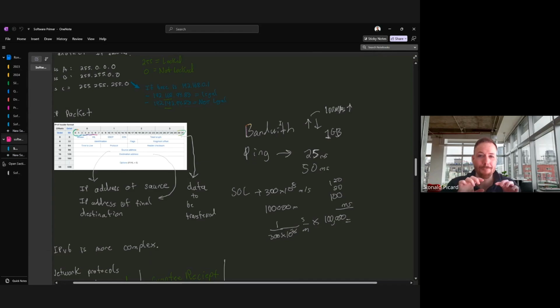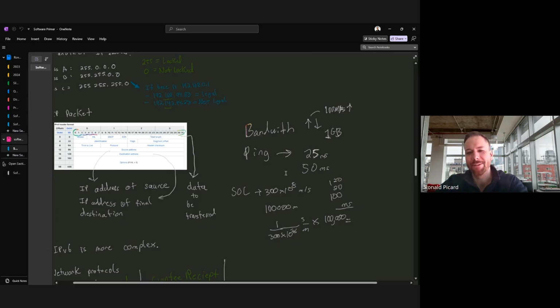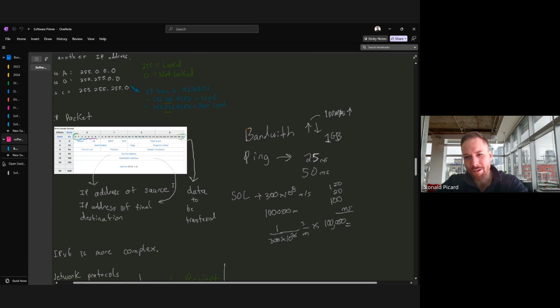Ping is how fast the information gets to the other computer. We'll talk about both of those next time because they're both important. It's like, how much water do I have going through, and then how much pressure do I push to make it go as fast as possible? That's kind of how it works, or maybe a crude analogy. We'll come back. I will talk about the numerical schemas of bits, gigabytes, and bytes, and I will try to come more prepared to talk about IP packets next week. Okay. I got to